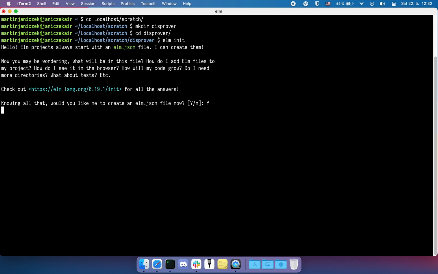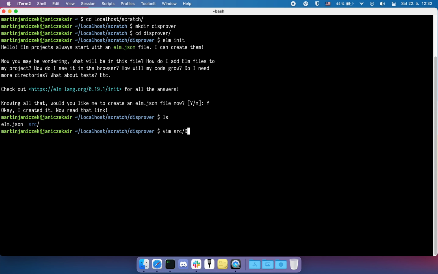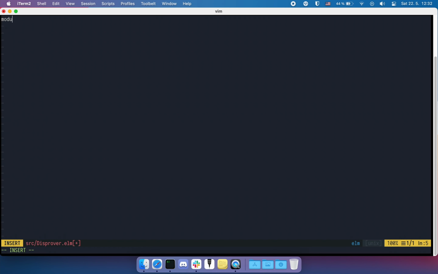Let's initialize the Elm project and open the main file. I believe it's safe to assume we will have some kind of run function in there that will take the test as an input and give us some test result back. Let's imagine how we will use this library. We will provide a label for the test so that the test runner can later tell us which test failed.